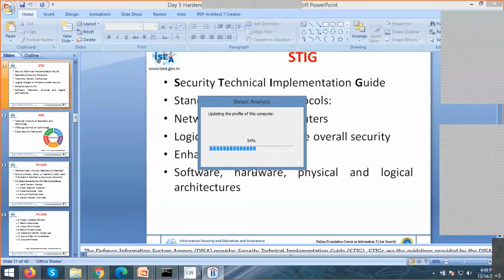So I'm just installing this Belarc Advisor. I think this is a very good tool, so I recommend you try it on your PC right now if you are connected to the internet. And Danish, you can also use Nessus Professional. The trial version gives 16 IP addresses. I think it also has very good results, and there are n number of other tools. We'll discuss audits and tools in depth on day 5.